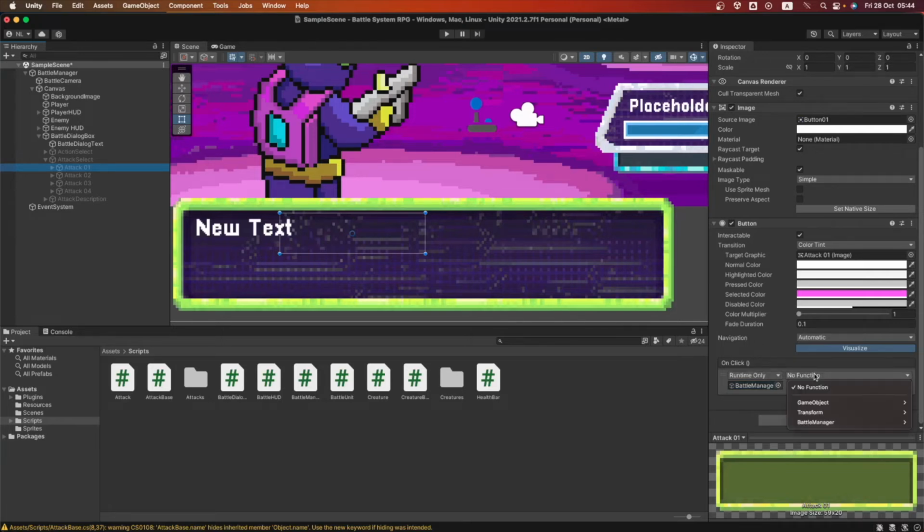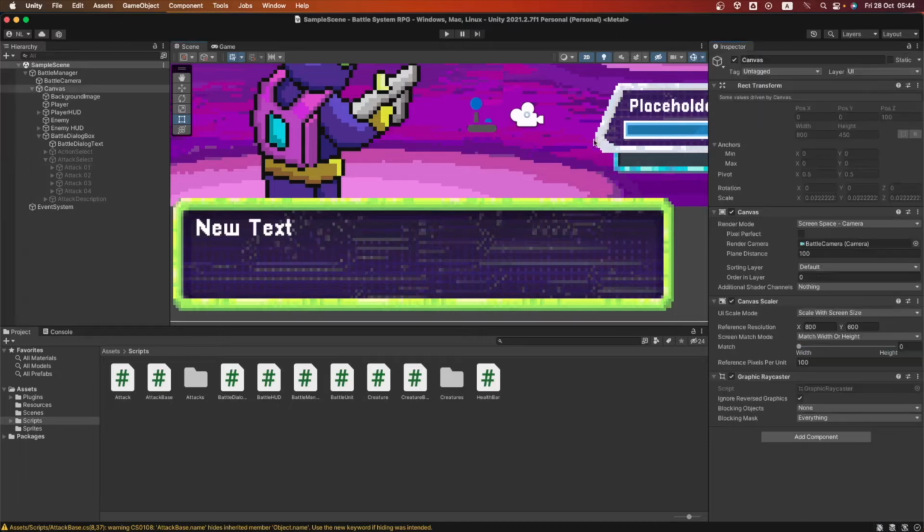So let's go into the function that we're gonna be activating here in battle manager, and let's try and find here attack button pressed. There it is, and it's asking for a number, because this method is set in the code to ask for a number. So I'm gonna set number 0 because that is exactly the number that I want for this first attack, which is the first space on the list, on the array. So we're gonna save this, and let's go into play mode.